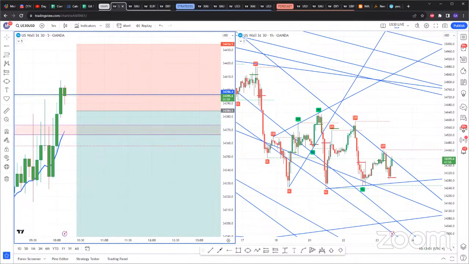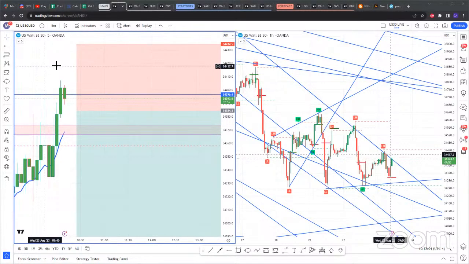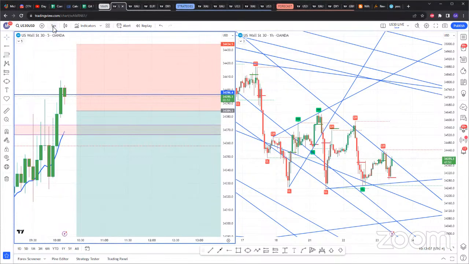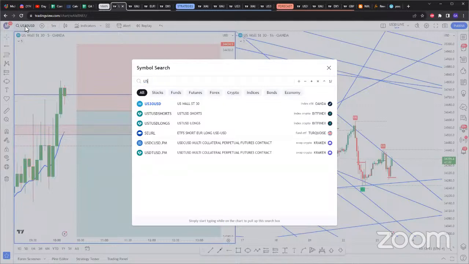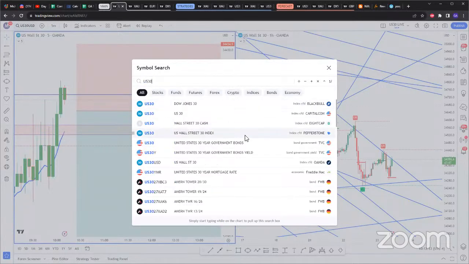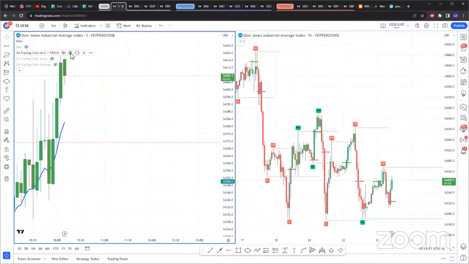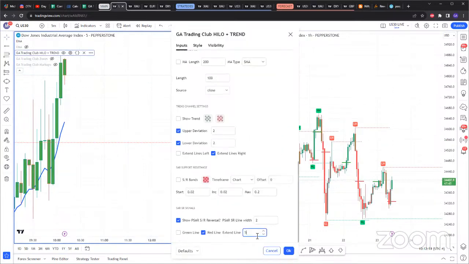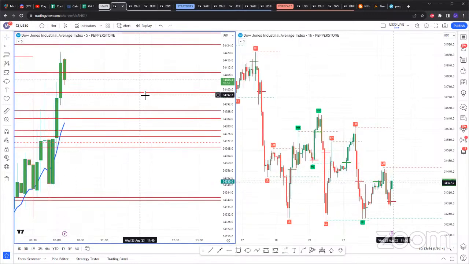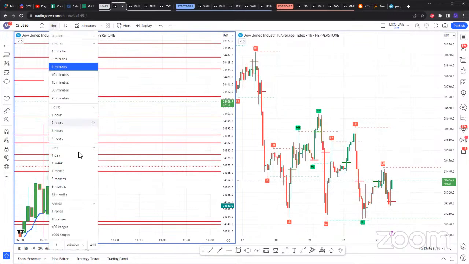I'm looking for an entry on your 30, and I was looking at on Pepperstone a double SAR on 45 minutes. 45 minutes, and you're looking for sales, right? Yeah. Okay, so since it's a high time frame, I go ahead and extend my lines. And there is a 45 minutes.